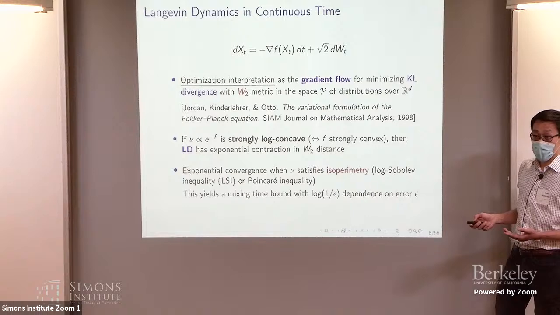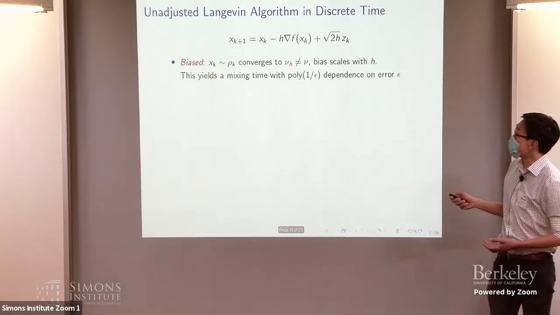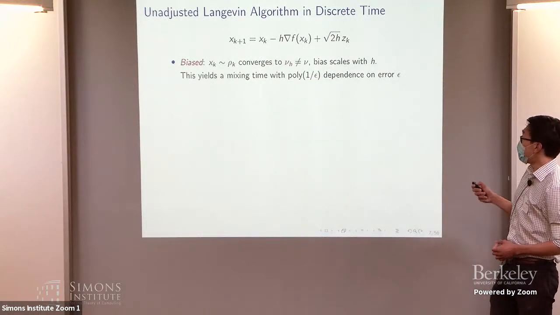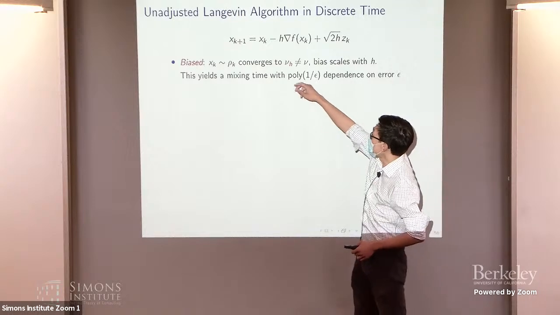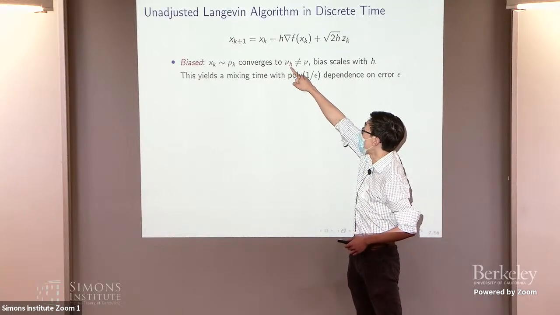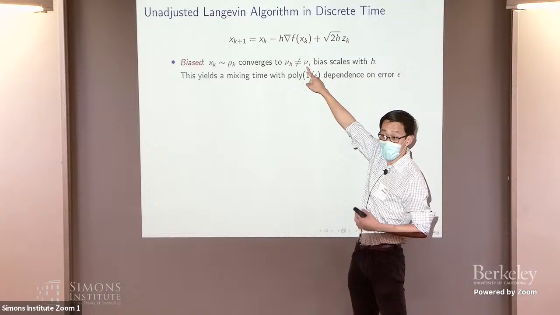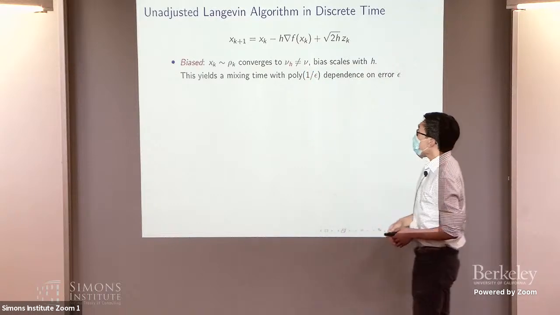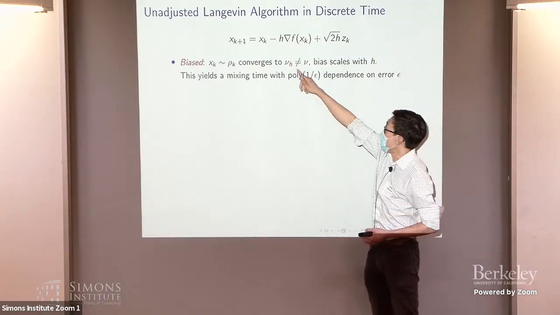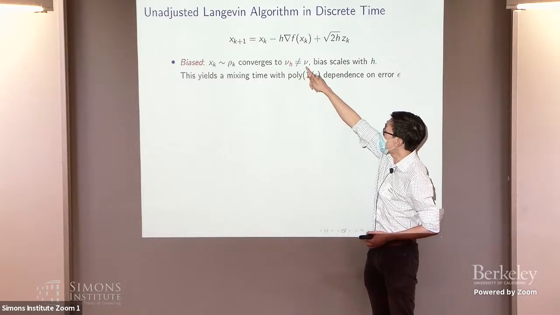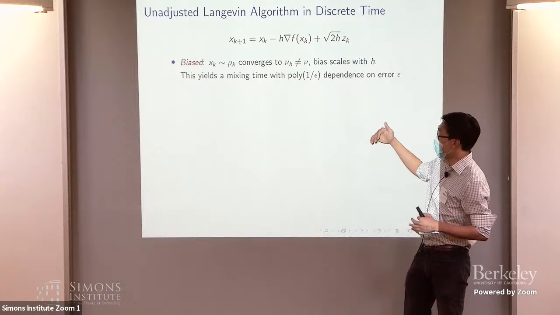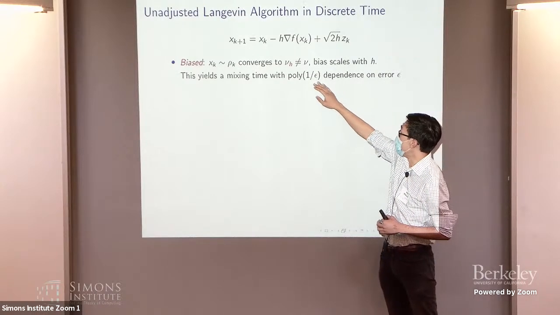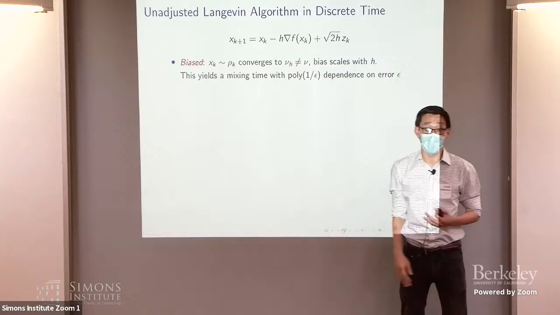However, in discrete time, this question is a lot more complicated, right? In discrete time, if we look at the following unadjusted Langevin algorithm, we know that this is a biased discretization in the sense that in the limit, it converges to a distribution mu sub h, which is different from your actual target, right? And the bias, the distance between this biased limit and the true target, scales with your step size, right? So when you translate that, this gives you a mixing time bound with a polynomial dependence on 1/epsilon